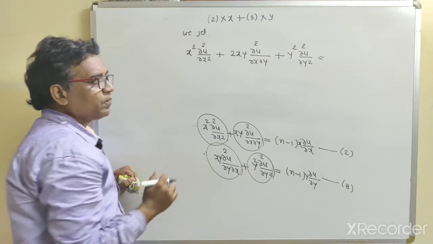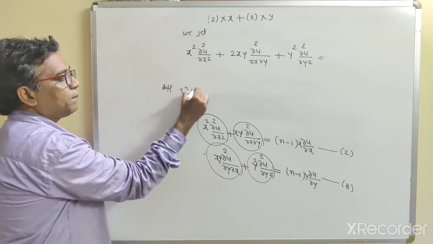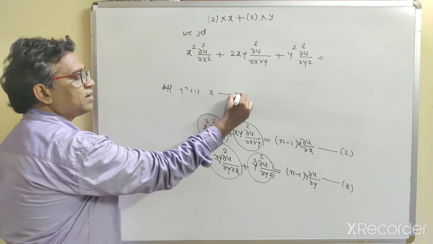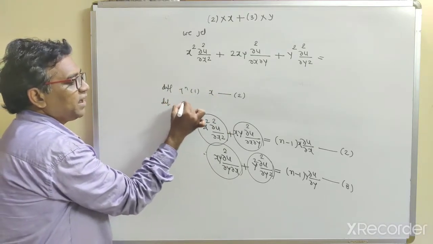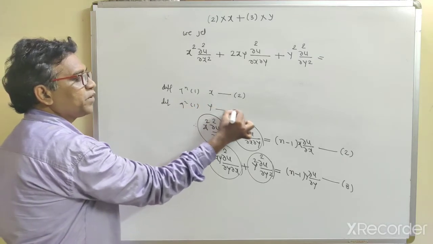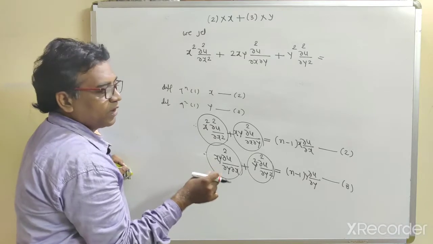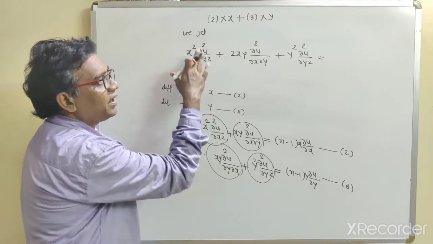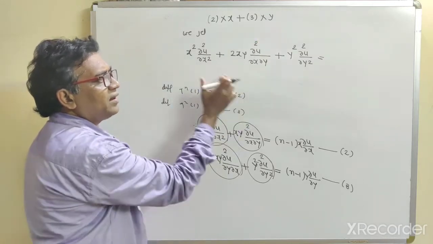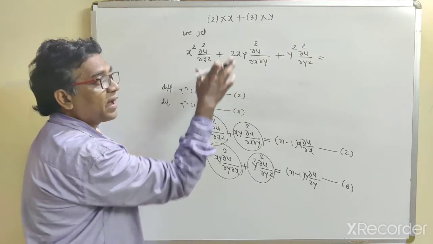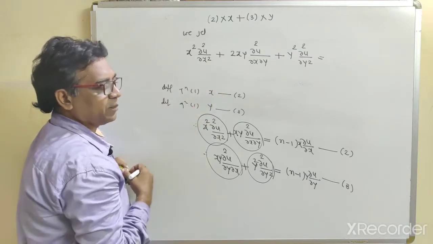There are three steps. Differentiating equation 1 partially with respect to x, that is equation number 2. Differentiating equation 1 partially with respect to y, that is equation number 3. What is the last step? Multiply second equation by x and third equation by y and take their addition. Just we can directly write this left hand side. It is just like a bracket square type term. Just remember this term, it is a bracket square type term.